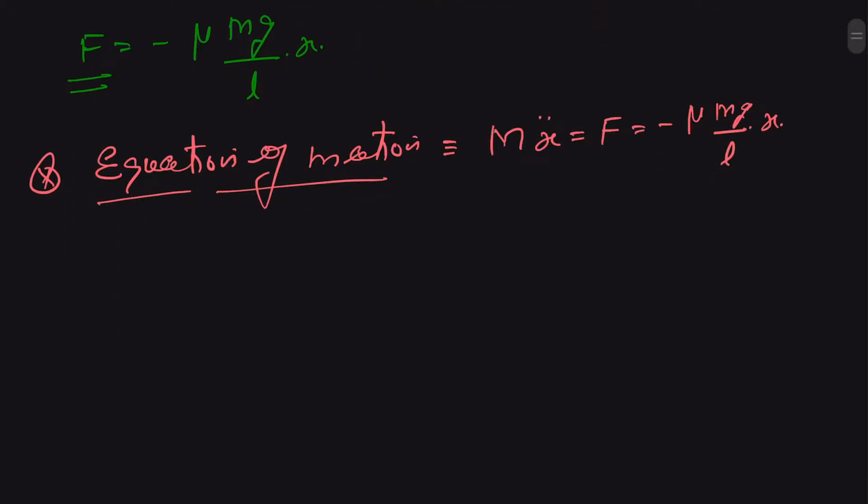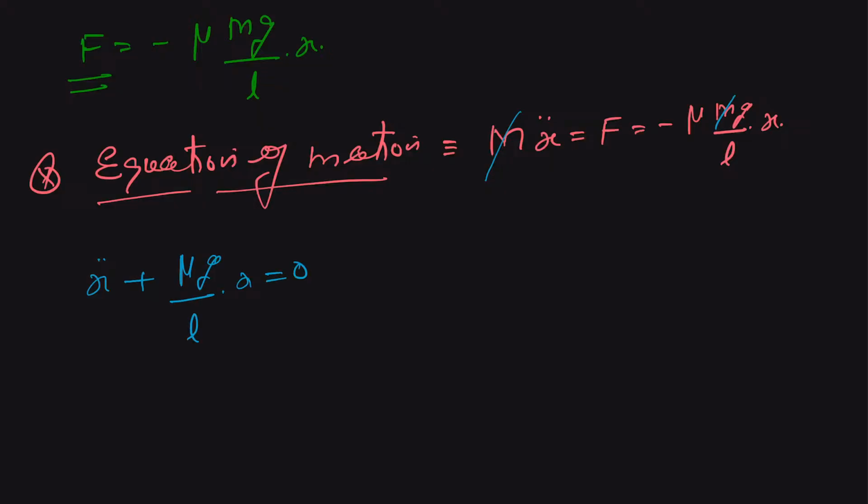Now it is almost done. Here the mass and mass cancel out, so we get x double derivative, that is acceleration, plus mu g upon L times x is equal to